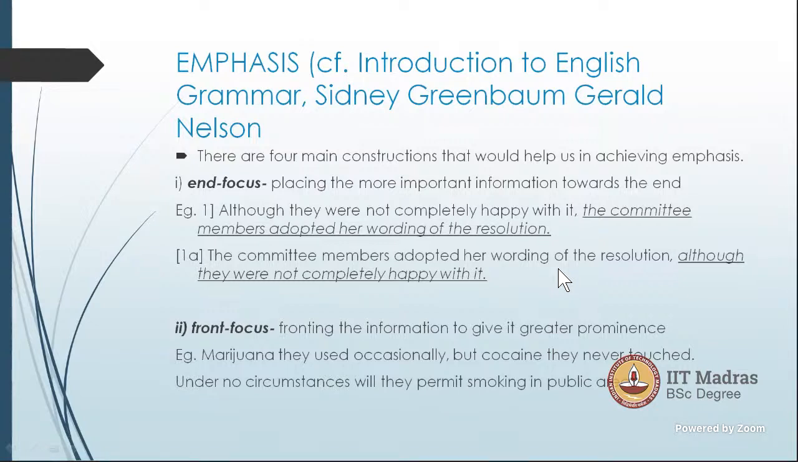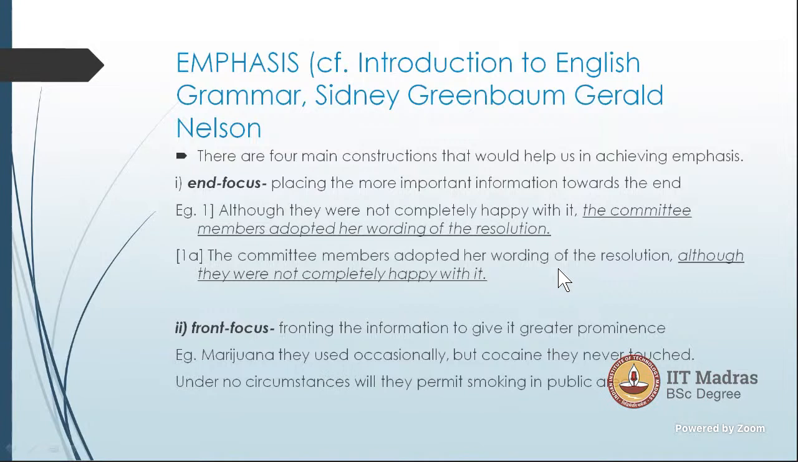That's the first sentence. And the second one is: the committee members adopted her wording of the resolution, although they were not completely happy with it, right? So basically, this is the same sentence. What they have done is they've reversed the order. Now, based on what comes at the end, the part which is emphasized or highlighted becomes